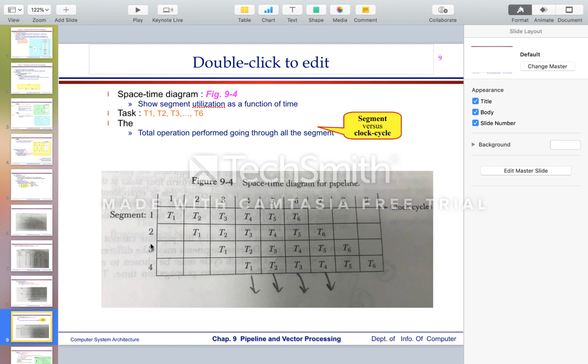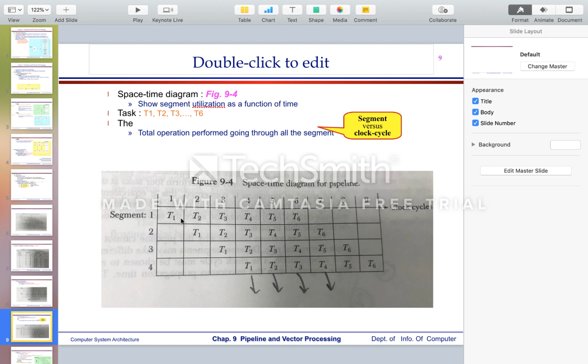First of all, the T1 task will be executed in the first segment. After the first clock, segment 2 is busy with the T1 task, while, as we know, in pipelining we want overlapped operations. So the T2 task can be performed in overlapped fashion in segment 1. So segment 1 will be busy with the T2 task. The first task T1 is completed after the 4th clock cycle,